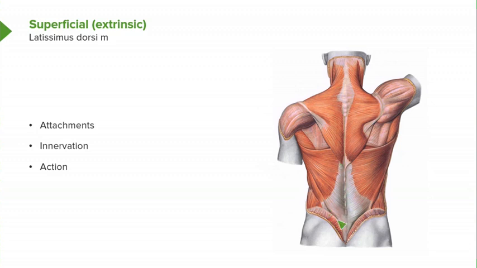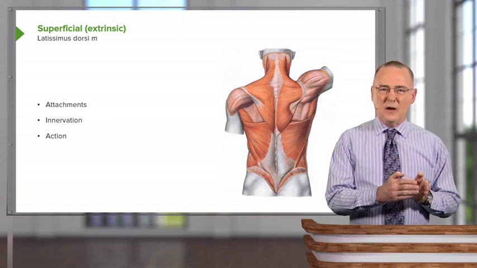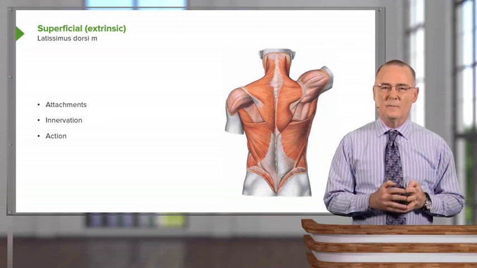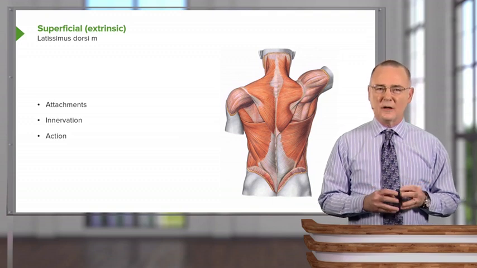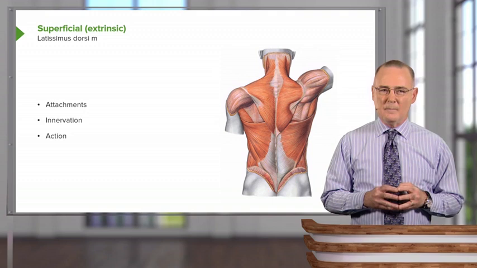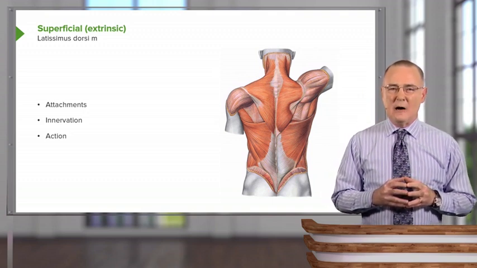These points of origin are very wide or broad, and as you look, these fibers course laterally and upwards towards the humerus. They all converge into a narrow band, and the latissimus is going to insert into the floor of the intertubercular groove or sulcus of the humerus. The nerve that innervates your latissimus dorsi is your thoracodorsal nerve, and the actions produced by the latissimus would be